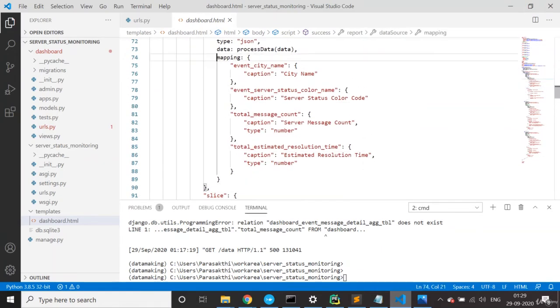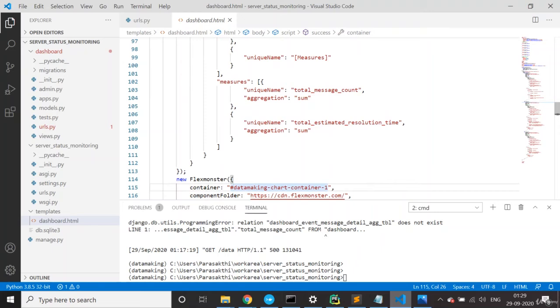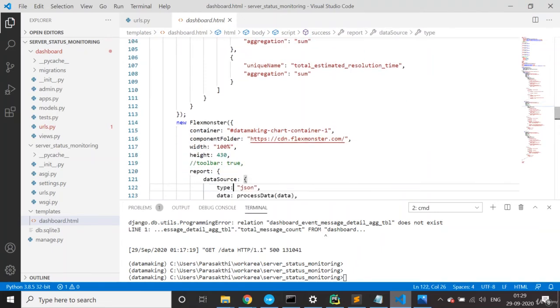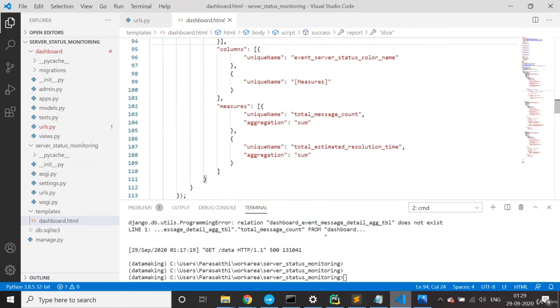So in the mapping you just provide the list of columns and a type, and in the slices you just say what kind of aggregation, basically the kind of pivoting you want to do on the table, that you can specify here. So I will show you on the screen only this render. Okay, so on the aggregated data we are just summing up the values.